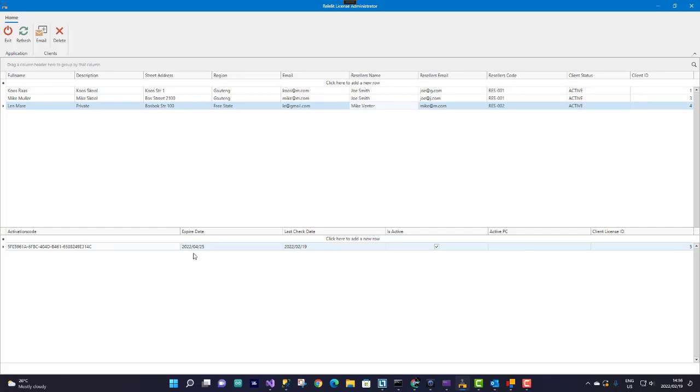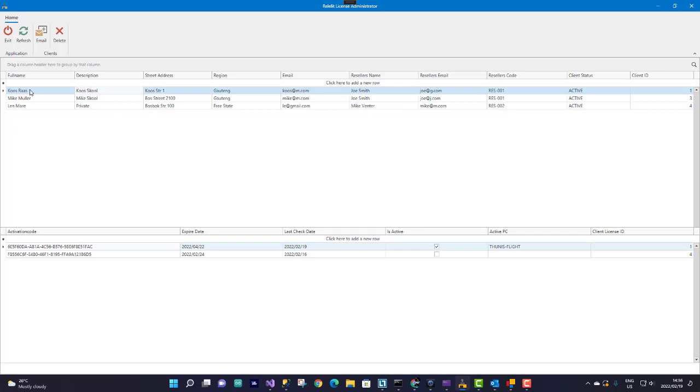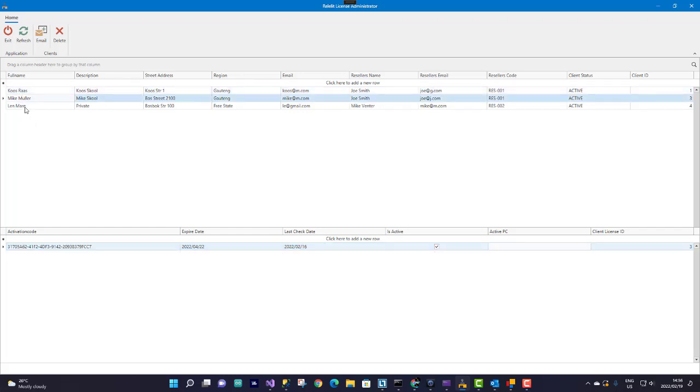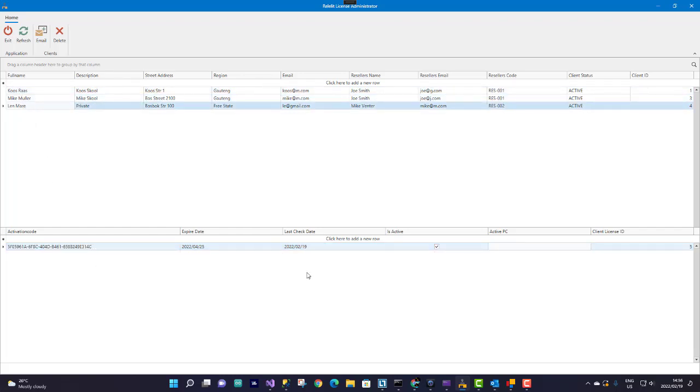Now if you look at the bottom side of the screen, the first client bought 2 licenses. One is already activated. This is now activated on my machine just to test it. The second client bought 1 license and the third client also bought 1 license. And just to demonstrate how we can add some clients,